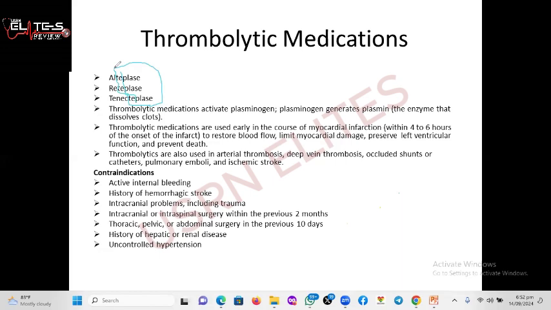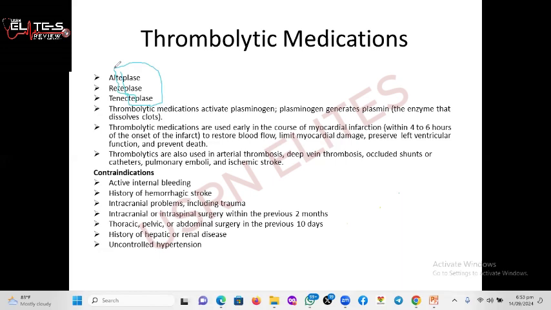And so any patient who is at high risk of bleeding, we don't give them a thrombolytic. So in active internal bleeding, thrombolytic is contraindicated. People with hemorrhagic stroke, because in hemorrhagic stroke, if you look at the pathophysiology, it's about what we call an aneurysm that might have ruptured or that has ruptured, pouring more blood into the brain, depriving the brain of oxygenated blood. And so what you do is that you don't give thrombolytics to people with signs of